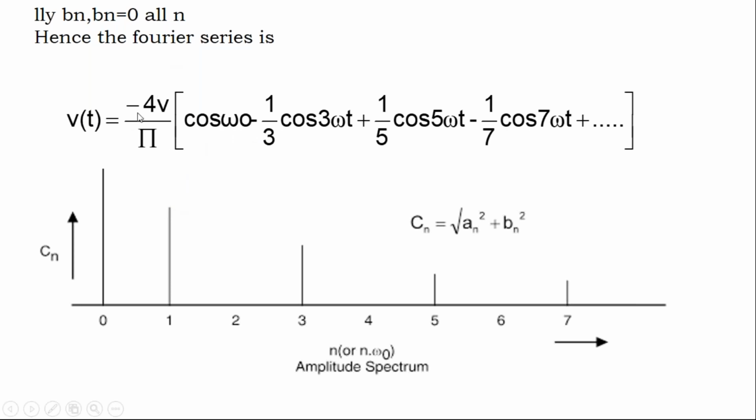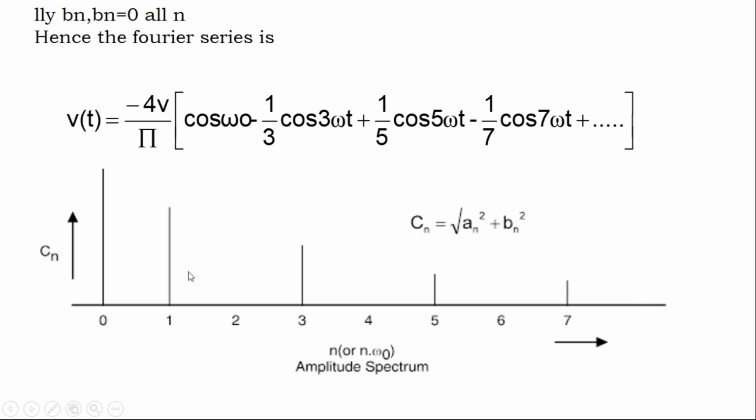So here I have cos terms, that means I have only An terms. I don't have Bn terms. That means this part is 0. So automatically, if you square it under the square root, you are going to get the same term, but you need to take the modulus of this. Please try to understand, you are going to plot this on the x-axis. You are going to consider the value of n or n omega naught, and on the y-axis, you have to take the magnitude of Cn.